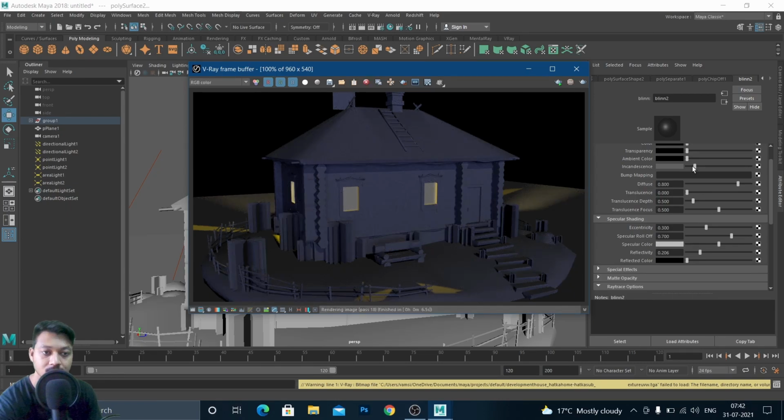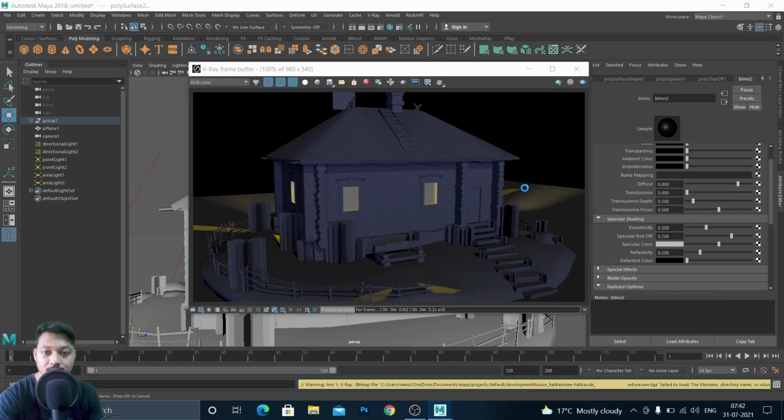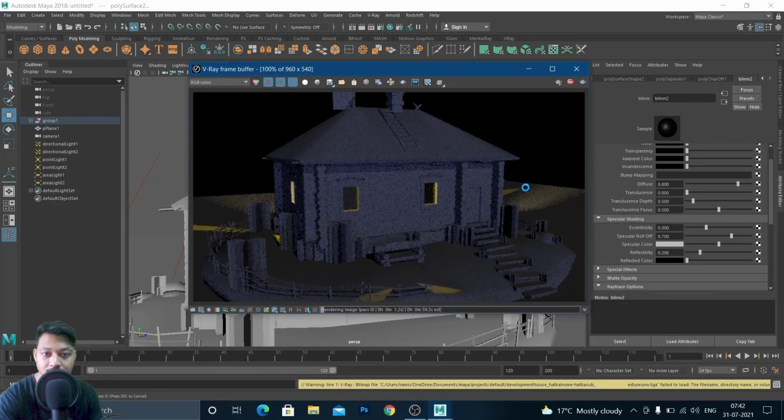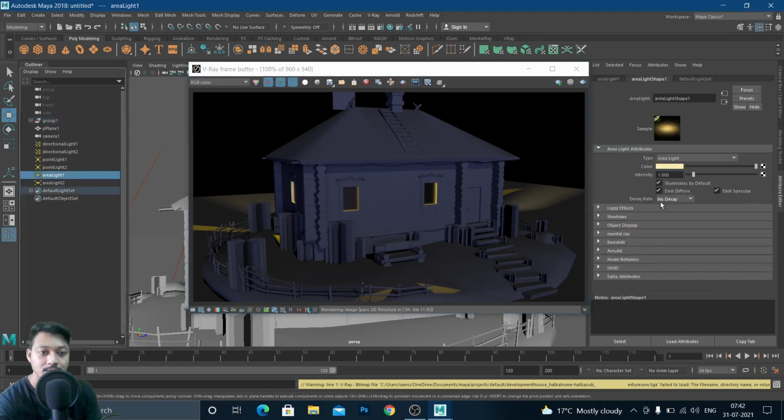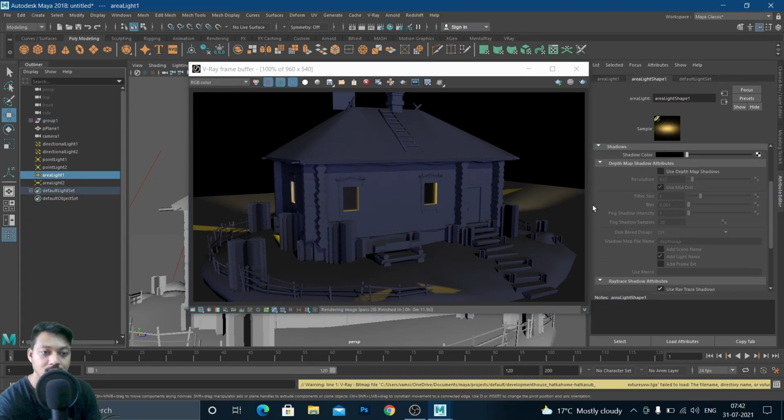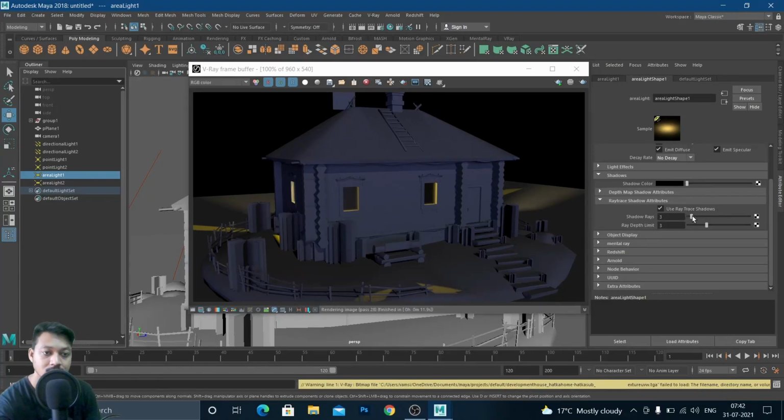Okay. Yeah, nice. Escape. And for these lines we didn't adjust the shadows. Shadow rays. 3 is enough for this too. 3. That's it. And now